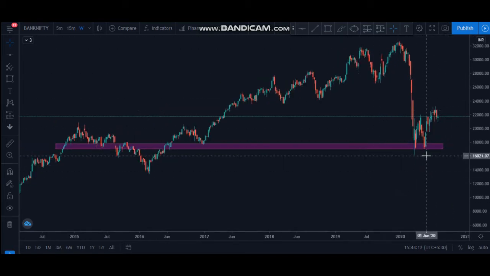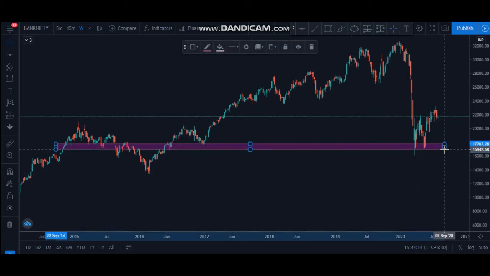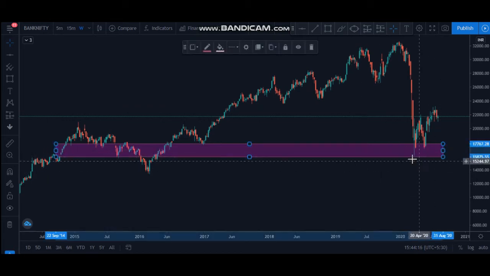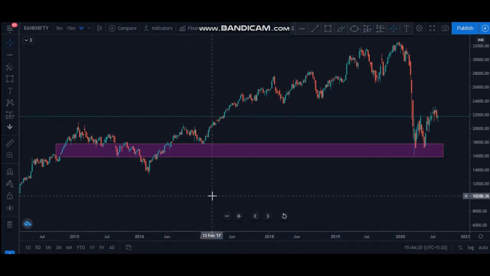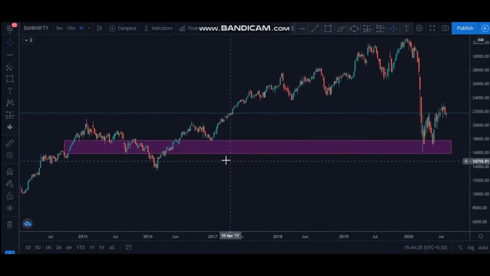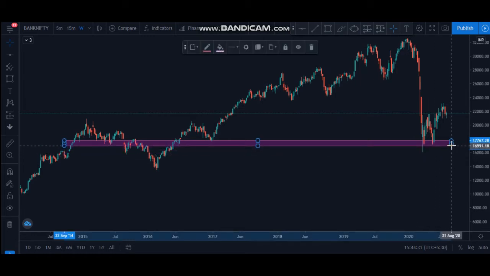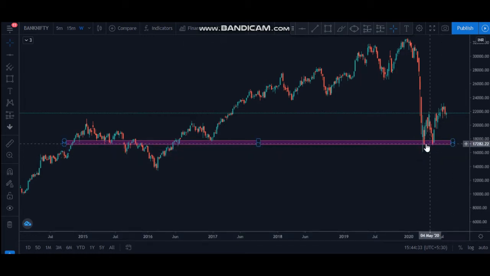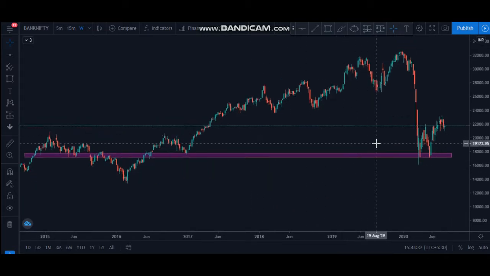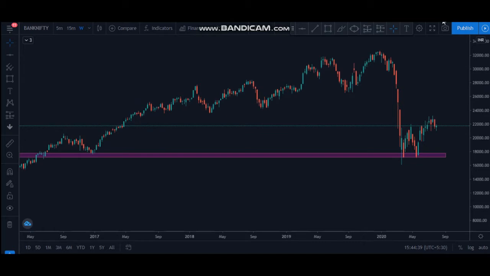The next question, why we should not draw big zones like this to cover this wick or cover this candle? Because the first thing is it looks terrible. The second one, when we go to lower time frames, it will start confusing us. So it is better to draw small zones. It looks nice and it won't confuse us when we go in lower time frame.